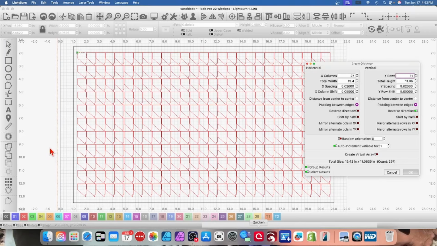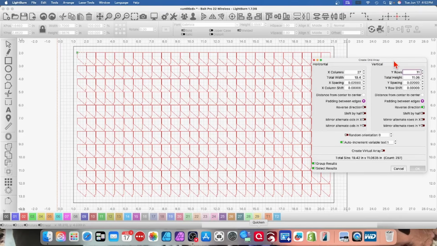So today what I thought I'd show you is I've got a small logo of Nevada, and the task I've got is this is a 12 by 20 piece of acrylic, and I want to try to get as many shapes of Nevada out of this piece of acrylic as I can. Normally you would just highlight your shape, add your columns and your rows, what would fit. And you can see that we've got a count of 297 shapes that would fit on